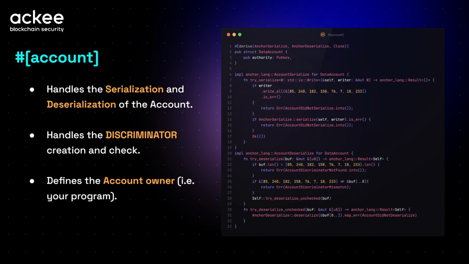Now regarding the discriminator, we were already talking about a kind of discriminator regarding the program macro and the instructions, invocation and handlers. Within the context of accounts it is slightly similar, but it might create more security risks here.